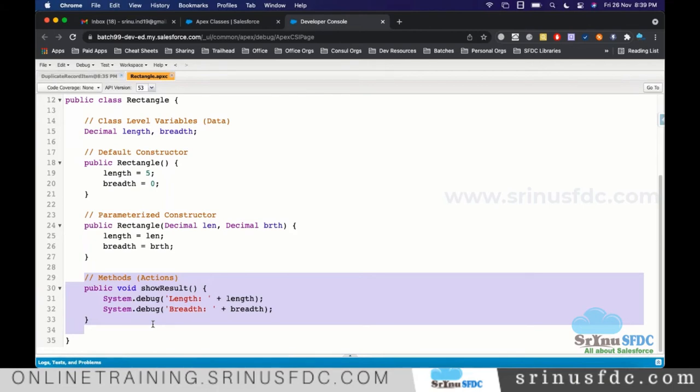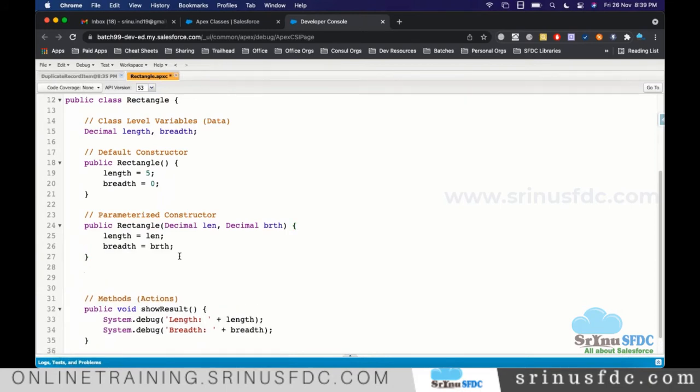And we should also know the syntax. We discussed that the constructor name should be the same as the class name. And we can define multiple constructors with the same name, but there should be a difference in the number of parameters or the data type of the parameters. Just to understand that, maybe let me also define one more constructor.